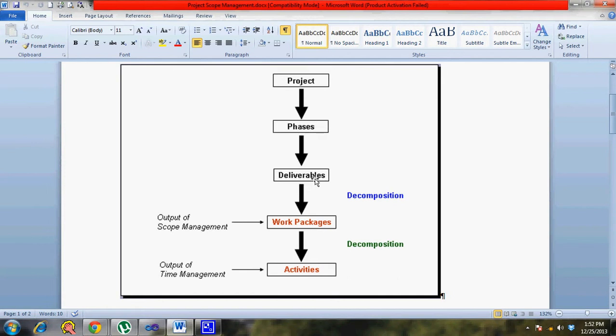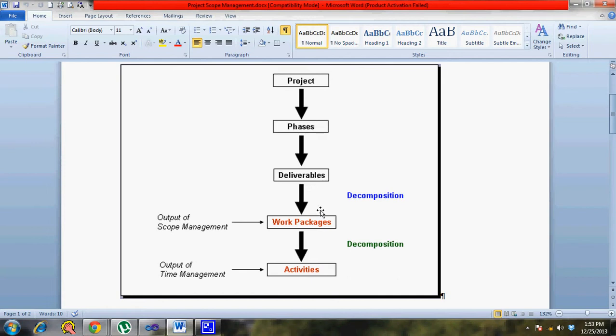Normally the WBS is created in conjunction with the team so that you get a buy-in. When you say buy-in, it means that the team is a lot more comfortable doing the work because they are the ones who are involved in breaking down the project work. So they have a better understanding of the project. They also know what they are supposed to do, and they're a lot more comfortable doing the work.